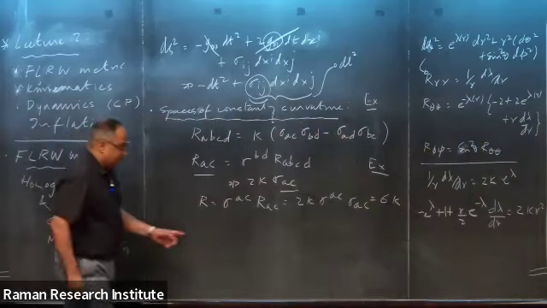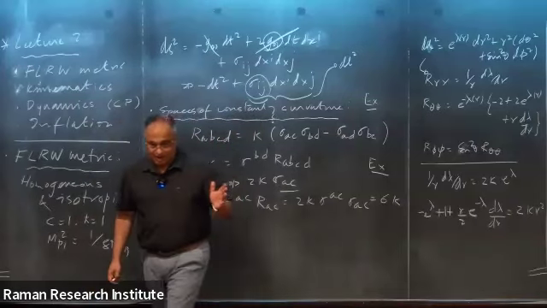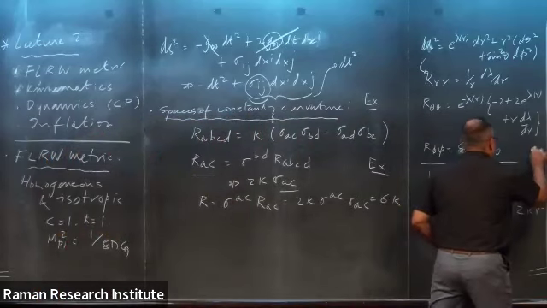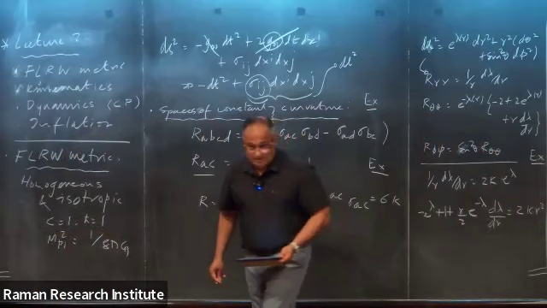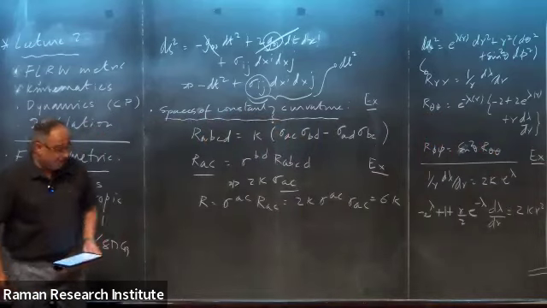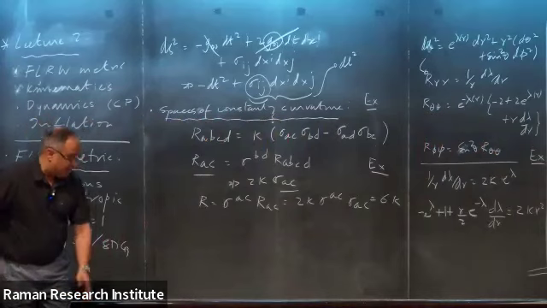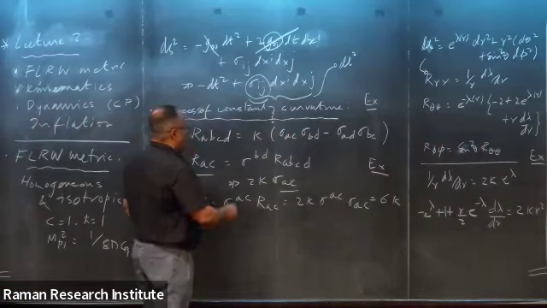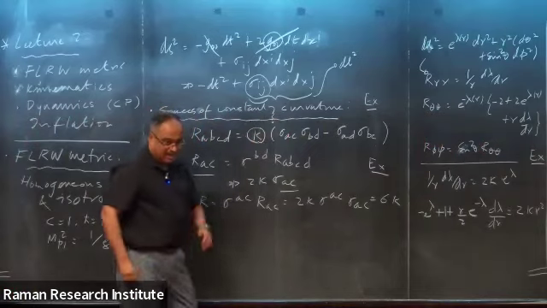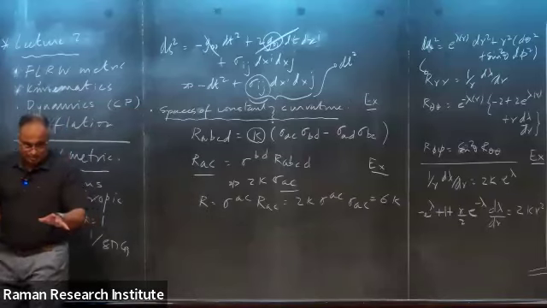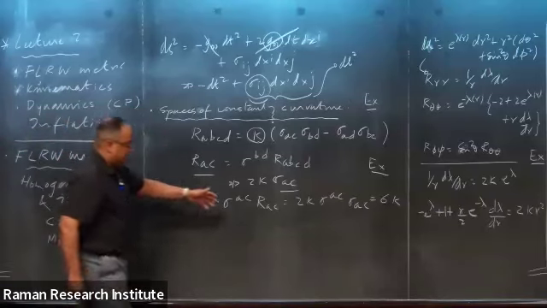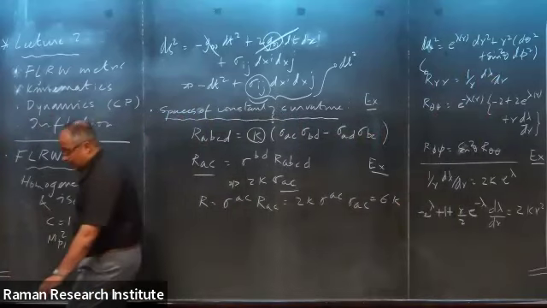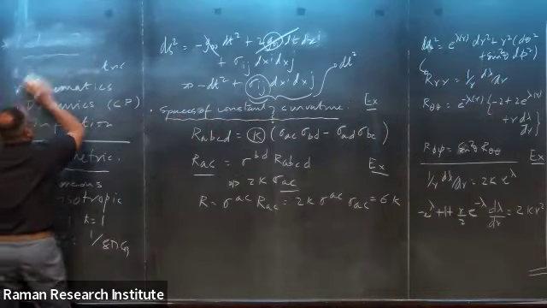You can integrate this to obtain lambda of r. I will leave this as an exercise again. To make progress, I have to give you exercises, and you arrive at the familiar Robertson-Walker metric. I will write that metric in a matter of minutes. But what I need you to appreciate is that I could have multiplied this k with any quantity that depends purely on time. And all this analysis would have gone through, because this depends on only r, theta, phi. Thereby, you arrive at the line element of the FLRW universe.